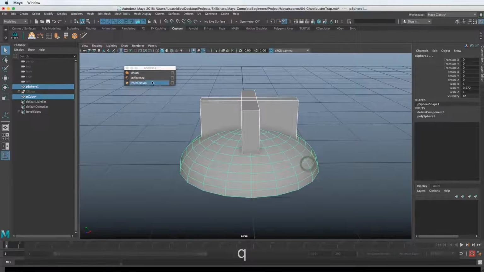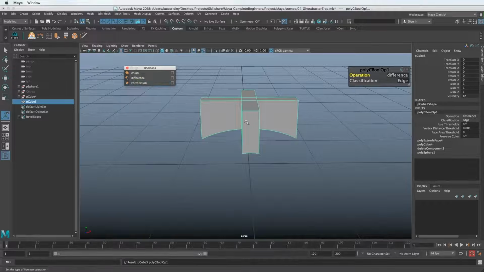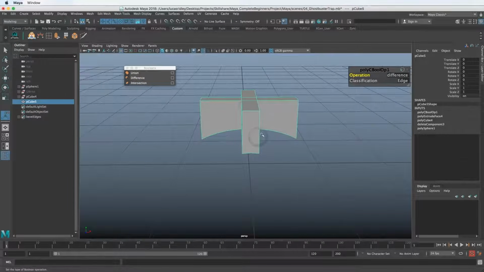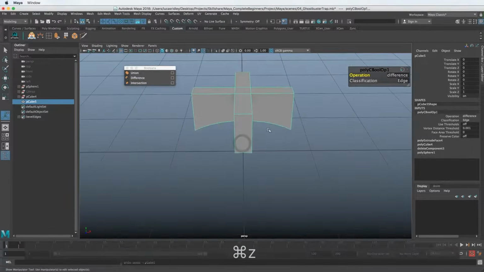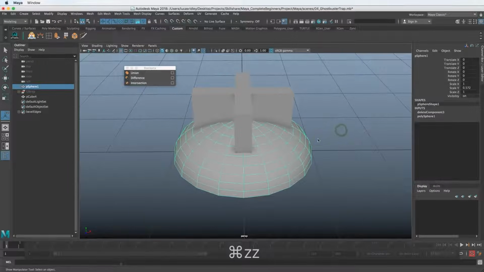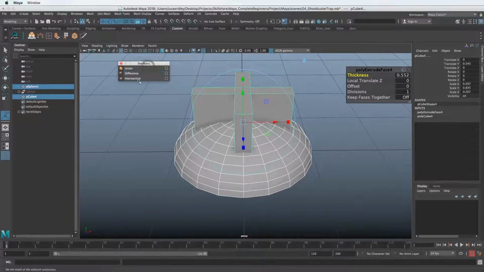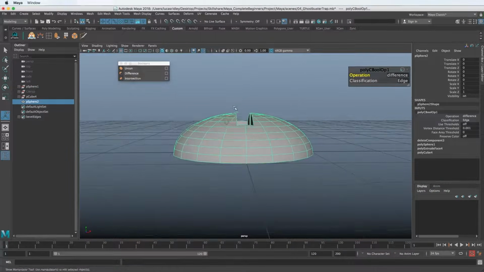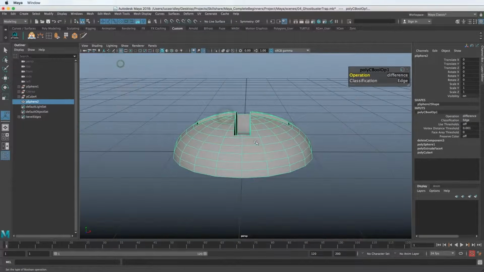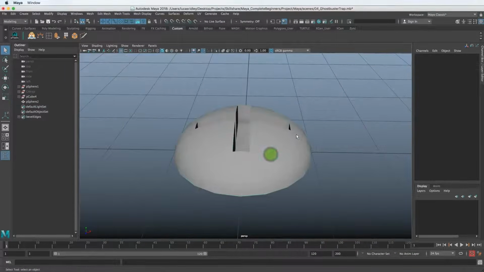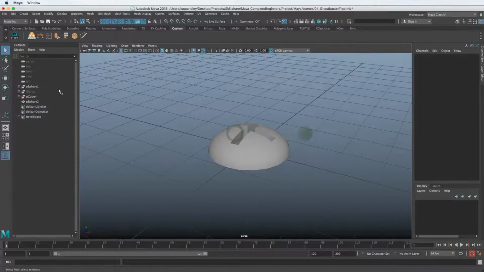So I'll shift select it in a different way. Now you can see it does the reverse. So you want to make sure you're selecting it in the proper order and that you're using the right Boolean. And that's why I tore off the menu here, because it's nice to have it in case you screw up to just go ahead and use it again and again. So we can close that out. We have this made, and now let's bring our trap back.